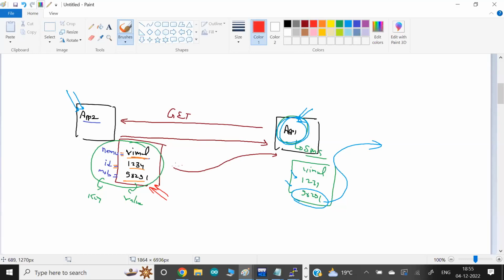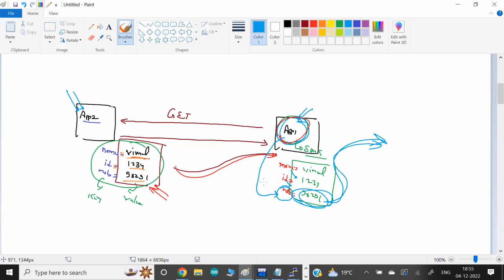When this data reaches the other app, it knows the key is mob, this is ID, this is name. I don't know the mobile number itself, but I know the key name, mob. So I'll write code to go to this key, which is like a variable, retrieve the value, take this mobile number, and send the SMS.